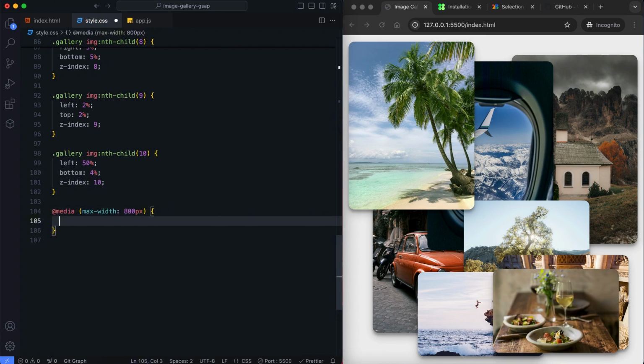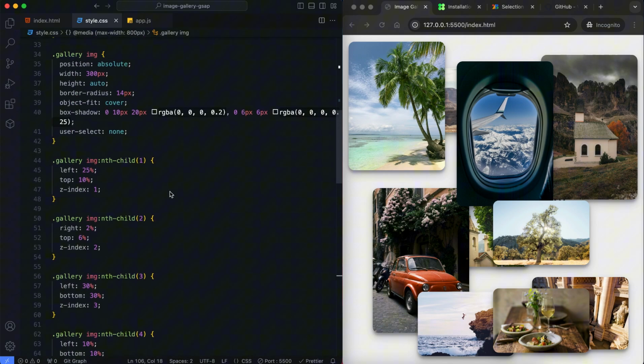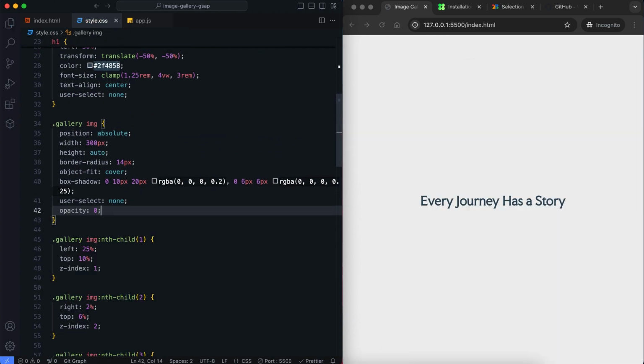We also reduce the image size for smaller screens. But we set the opacity to 0 to hide images initially.